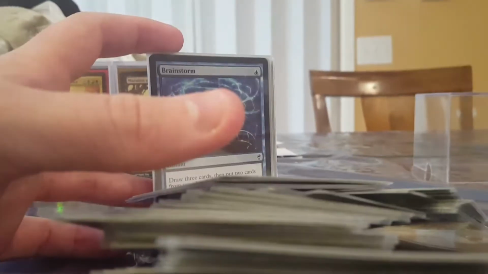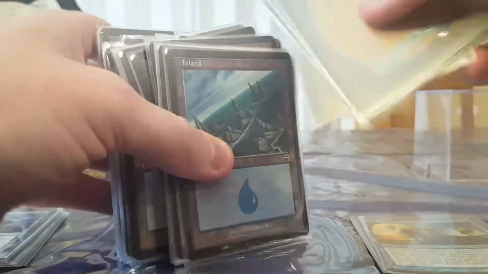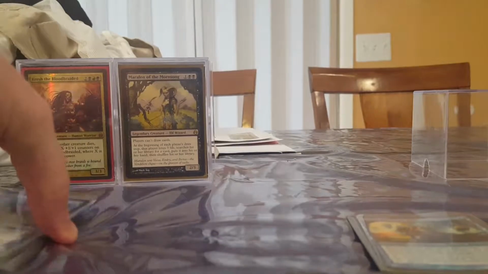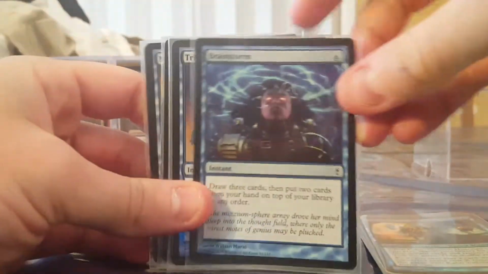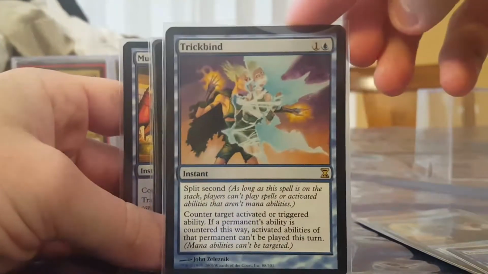Oh, camera phone down again. All right. And I believe there's our first one because that is one of our targets. I think generally, yeah, let me move all 90 lands. And I'll explain how we get rid of all of those lands later, but the idea is that you are generally going to exile Brainstorm for card draw, Trickbind, which is a split second counter,